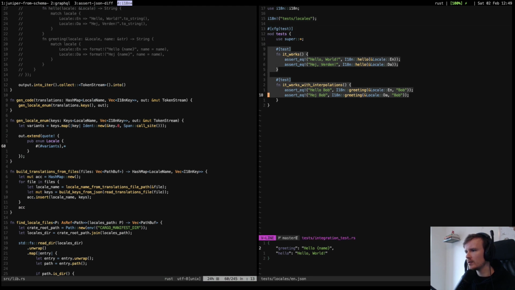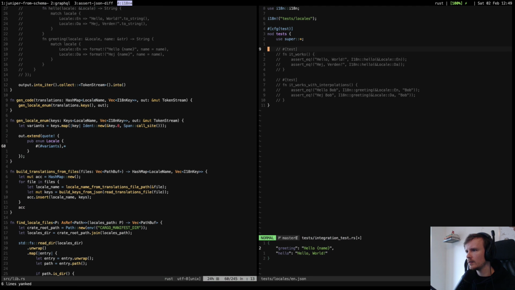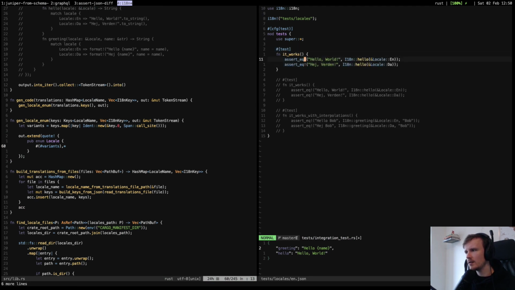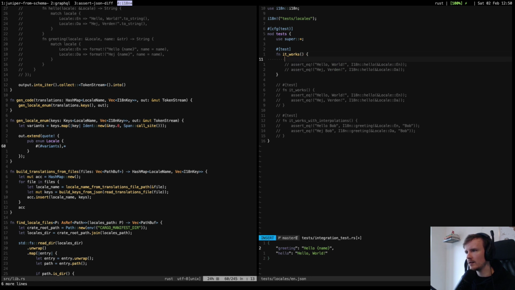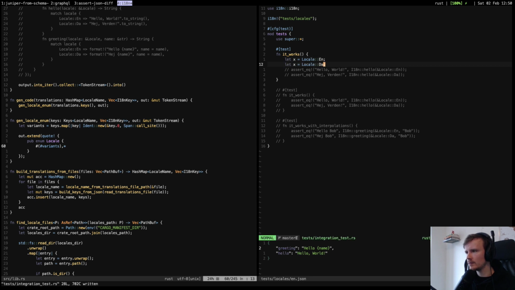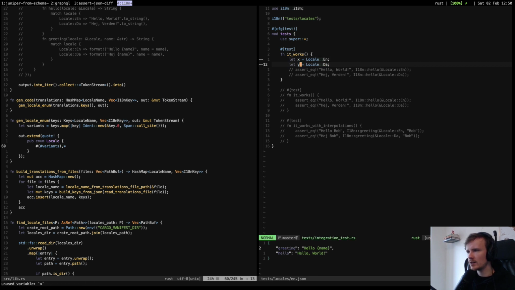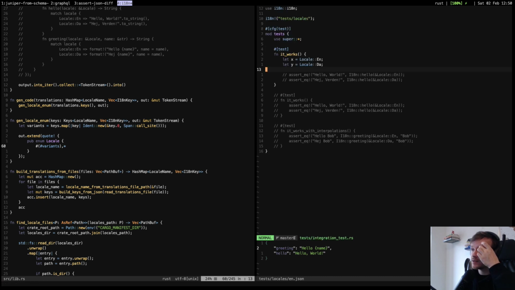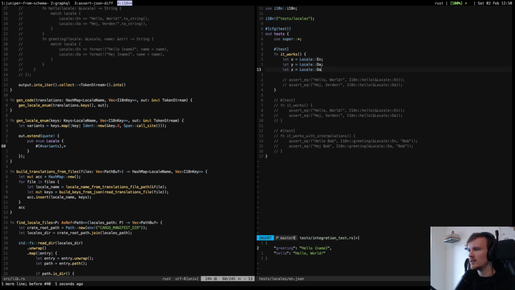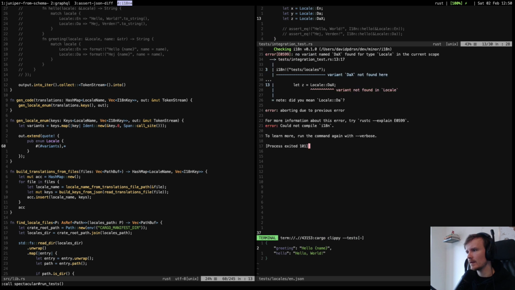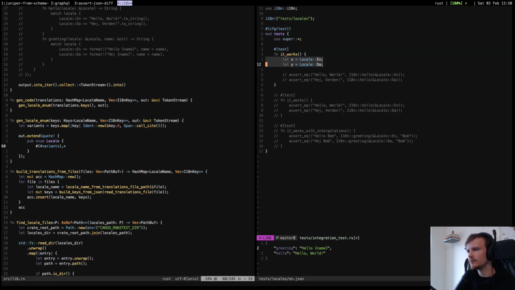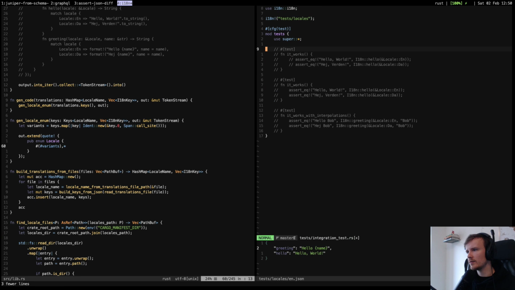So if we just check that now the enum is actually being generated, we can say we have a locale, and this should actually pass. And it does. The way that you know it passes is that these variables can actually be referenced. If we reference something that doesn't exist, it actually fails. So that means that we are correctly